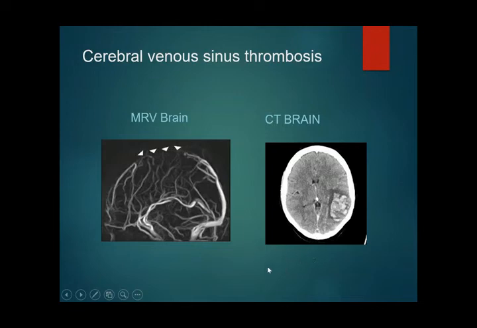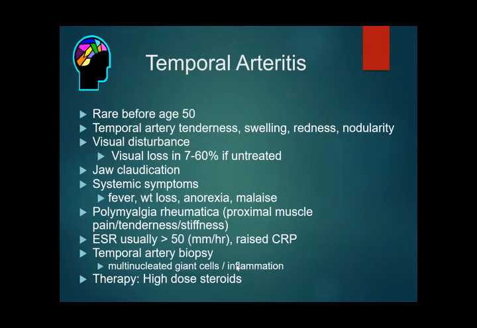Jaw claudication, I've already described. They may also have systemic symptoms like fever, weight loss, loss of appetite, and malaise. Many of these patients of temporal arteritis have associated symptoms of polymyalgia rheumatica, a rheumatological condition characterized by proximal muscle pain, tenderness, and stiffness. These patients usually have an ESR of more than 50 millimeters in the first hour. They have raised CRP. They may have anemia on the complete blood count, and a temporal artery biopsy can be taken,